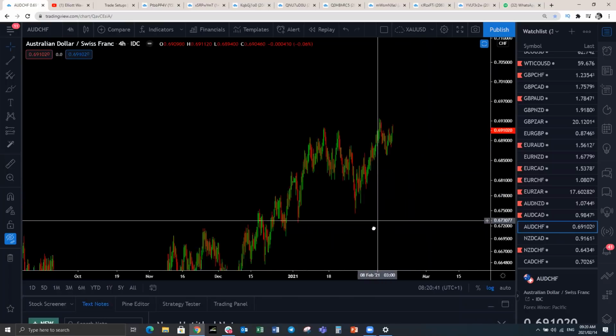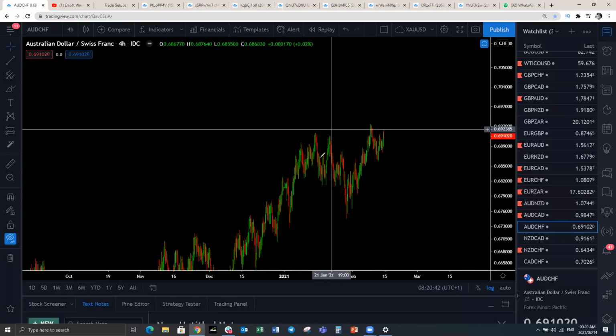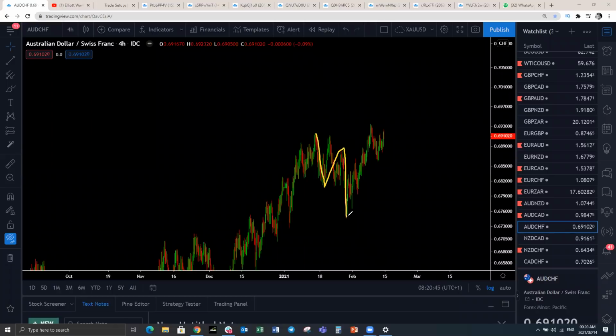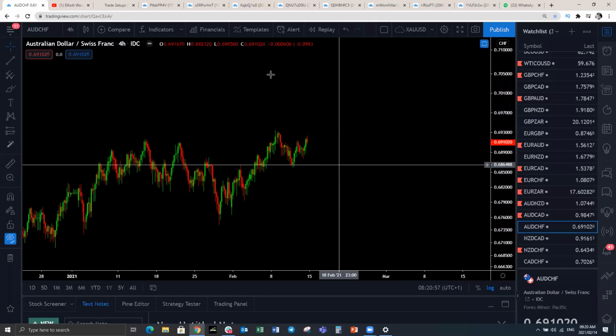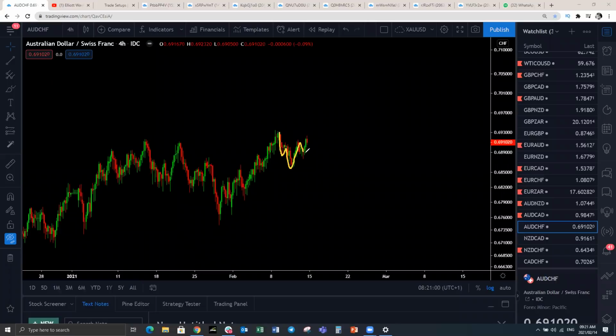Right, so another Aussie pair. Expect the same. Three-wave pullback, now push to the upside. This is another three-wave move. This one is going to continue to the upside, although we may get this one making a flat here before pushing up higher. So let's just have a look at that detail here. We may get this one making 3 waves down, 3 waves up. We can get another 3 waves down, makes a flat, but eventually the trend is upside. That's what we're expecting on AUDCHF as well.